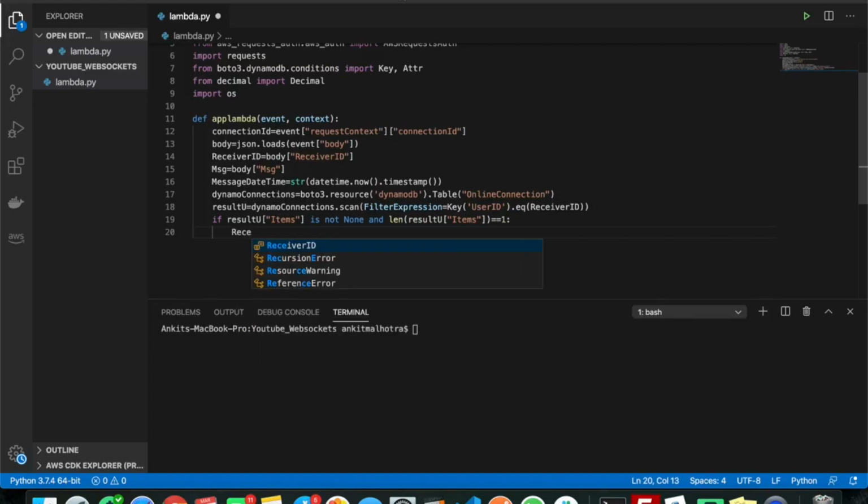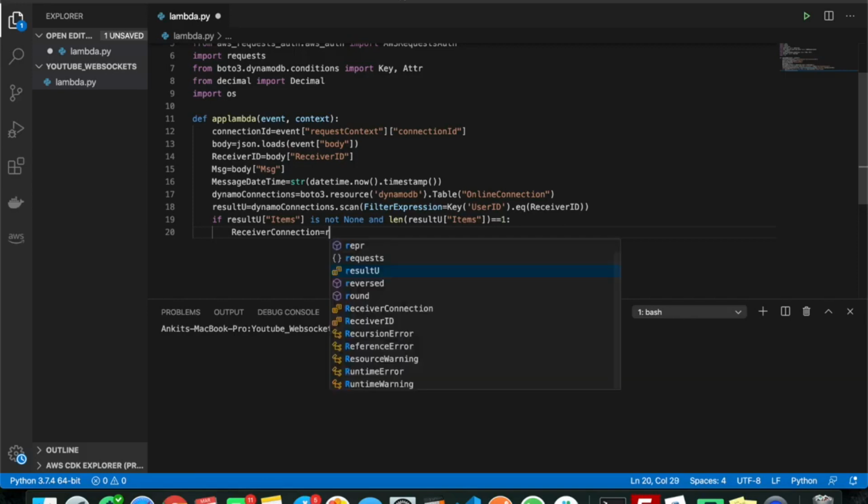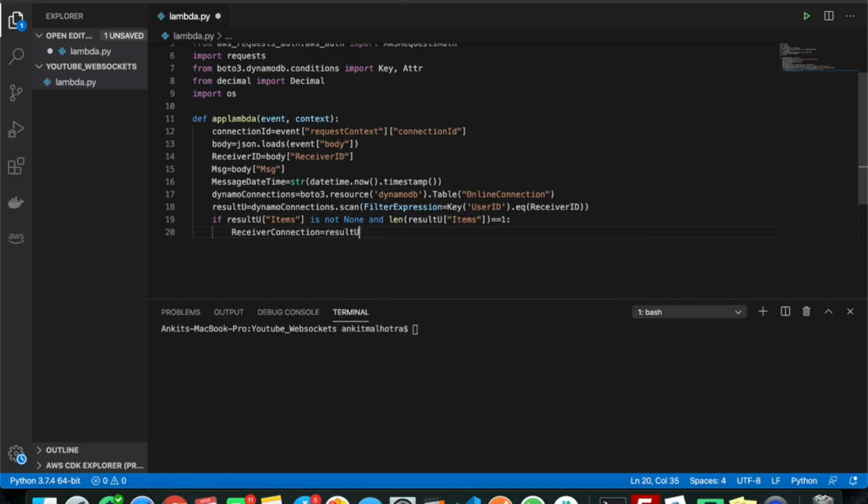receiver connection ID would be, we will get it from the DB, so it's result u items. So it will always be on the 0th index. So I'm not putting conditions as of now. If you want, you can put it. So this is the receiver connection ID. We got it from DB. And